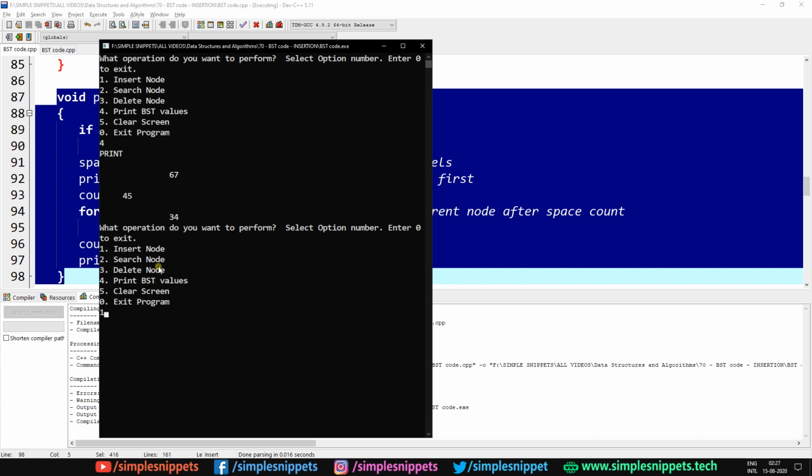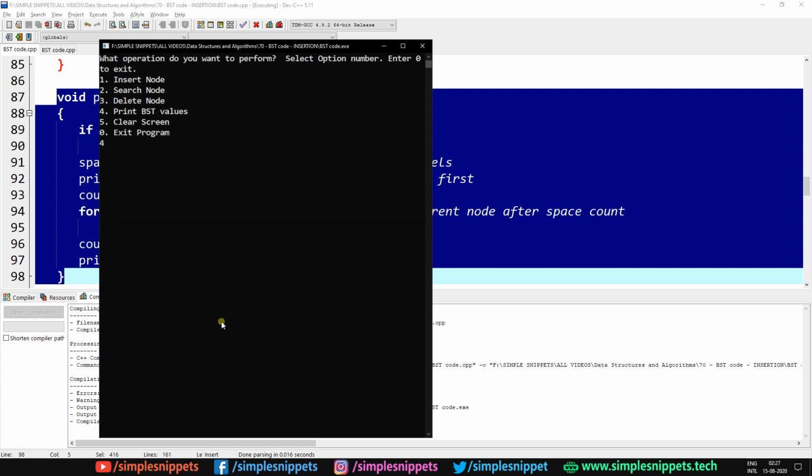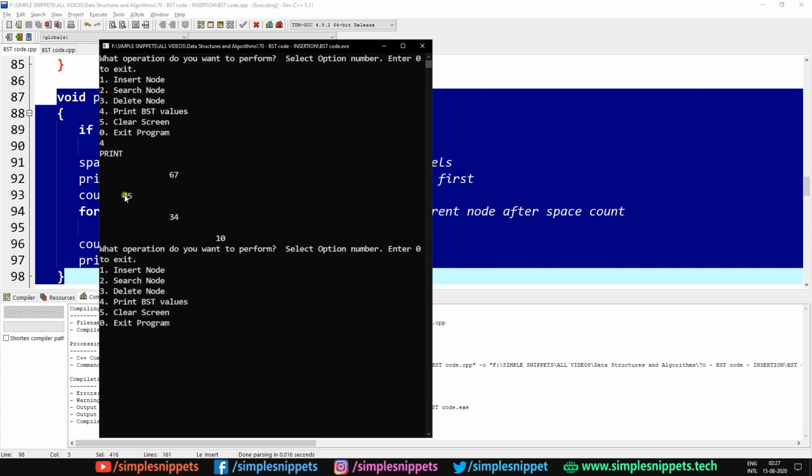Let's insert one more value. Let's insert 10, and that should be inserted as the left child of 34, right? So now you can see value inserted to the left. Let's clear the screen and now let's print values, and there you go. You can see root node as 45, left child as 34, right child as 67, and for the 34 node the left child is 10. So if I insert one more value, let's say it is 40, it should be inserted as the right child of 34.